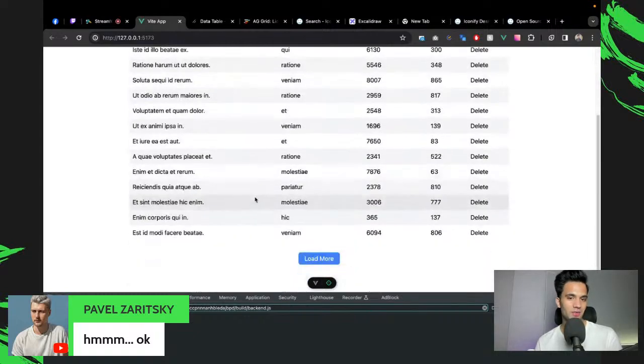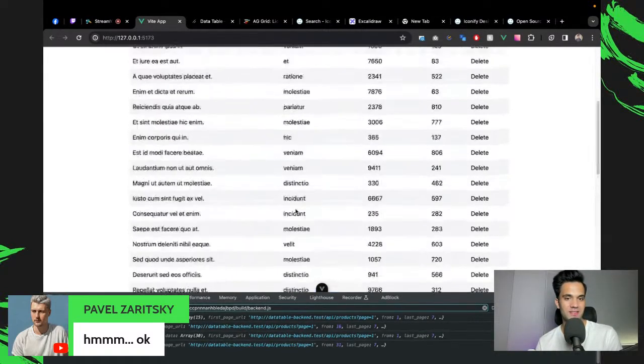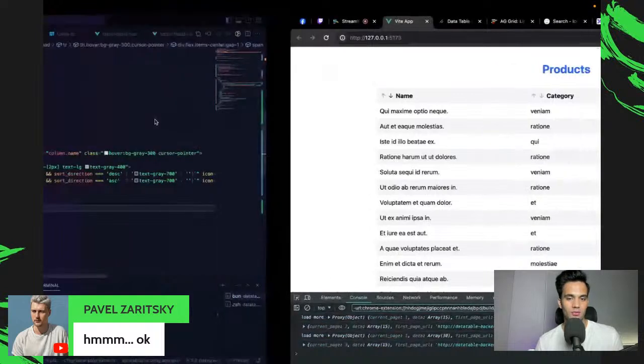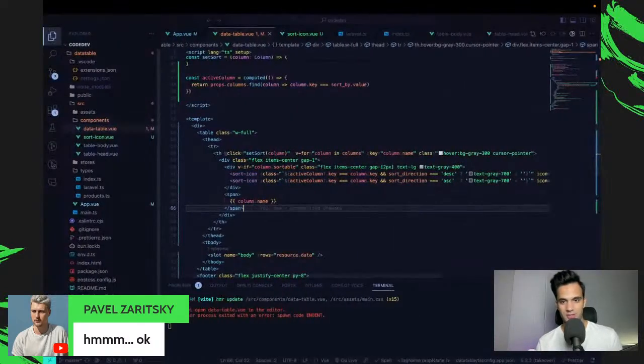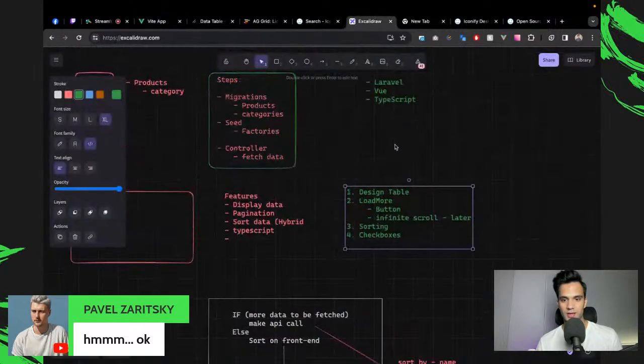It will sort the data that we have, but there is more data to be fetched. And how can you tell how much data you have? Let's say you're just displaying 100 rows and you have 1,000,000 rows. The sorting will only be on the data that you have already fetched. So this is why what I'm trying to do is to make this sorting dynamic.